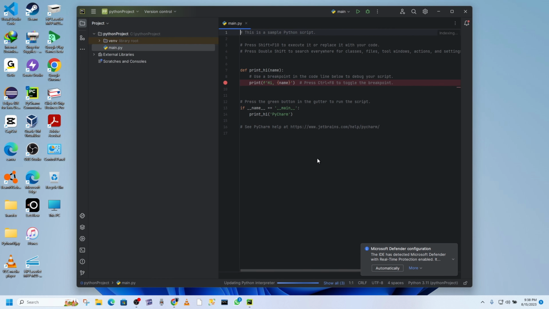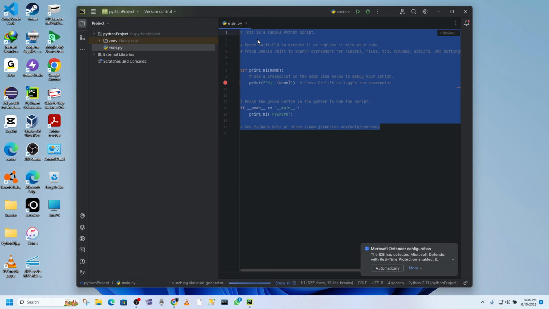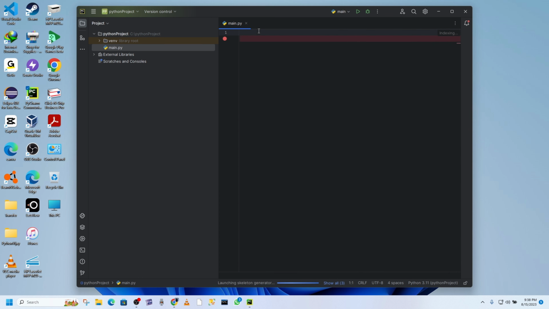Here you go. So you have everything installed properly on your PC. So this is demo content. You can just select and delete. Now you are ready to code. So if you want to see your project folder, simply go to File Explorer